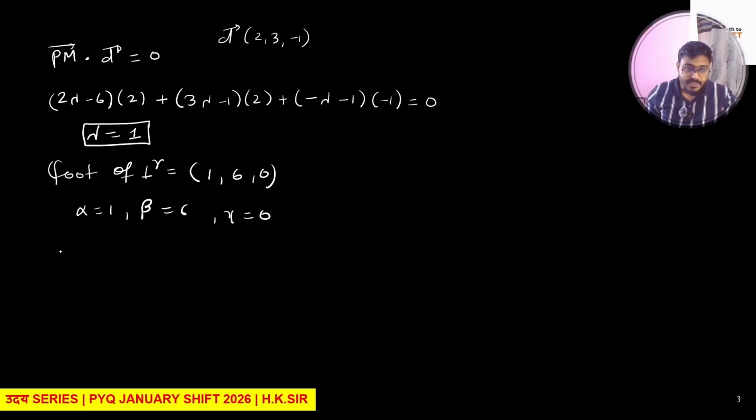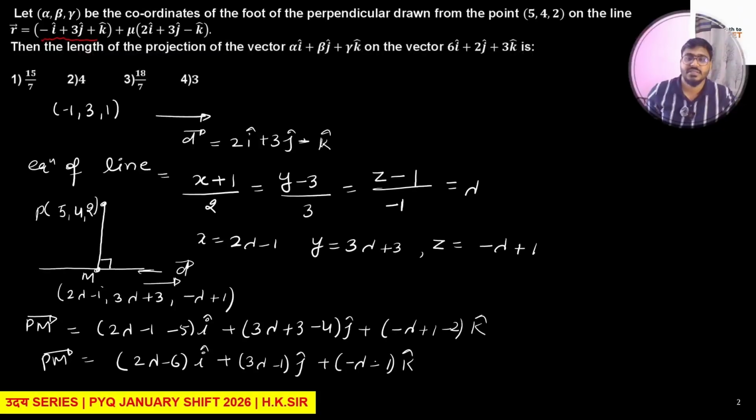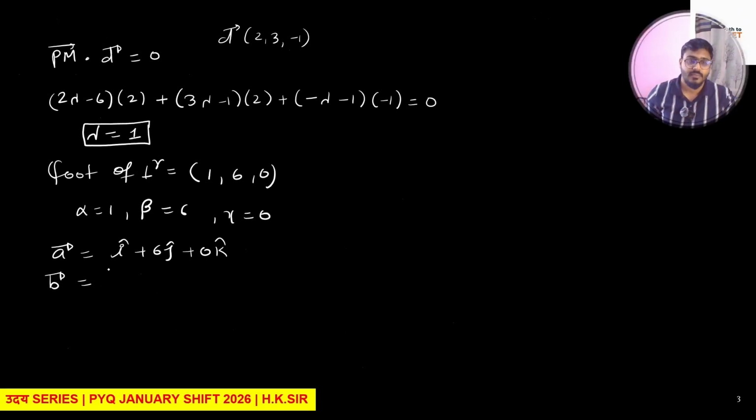तो मुझे क्या करना है कि ये जो वेक्टर बनेगा, लेट सपोज दिस इज ए वेक्टर आई कैप 6 जे कैप और 0 के कैप, इस वेक्टर का प्रोजेक्शन लेना है किस वेक्टर पे, दूसरे वेक्टर पे। दूसरा वेक्टर क्या दिया हमें 6 आई कैप 2 जे कैप 3 के कैप। तो एक वेक्टर का दूसरे वेक्टर के अलोंग प्रोजेक्शन कैसे लिखते हैं, प्रोजेक्शन